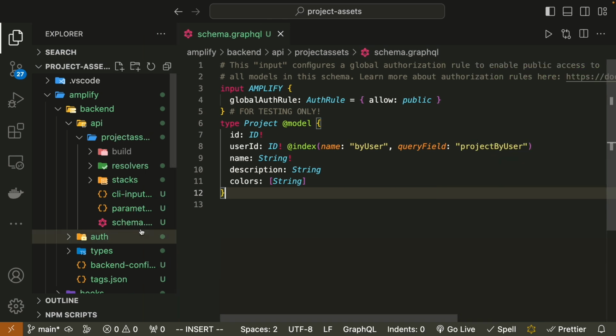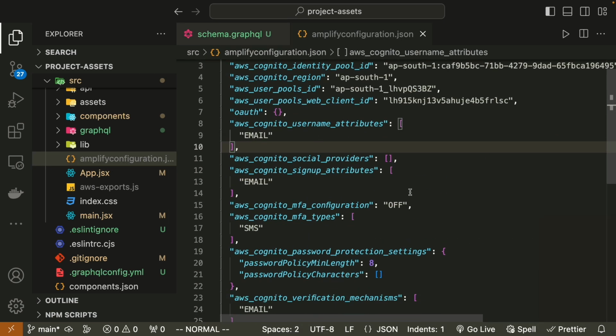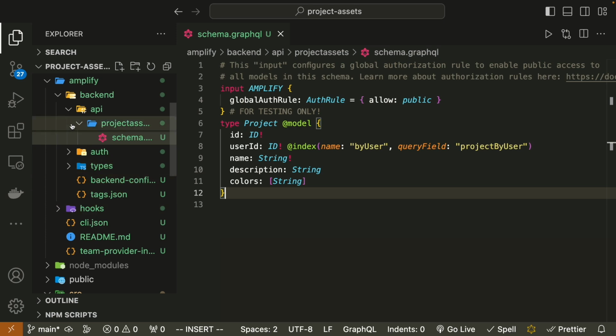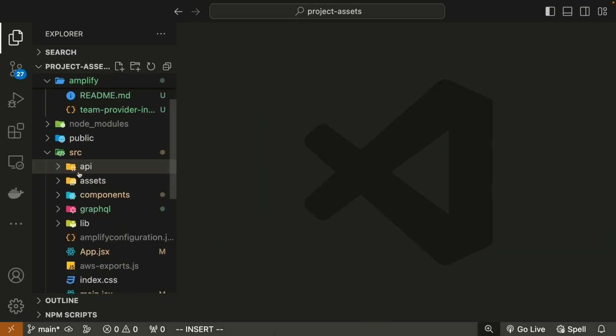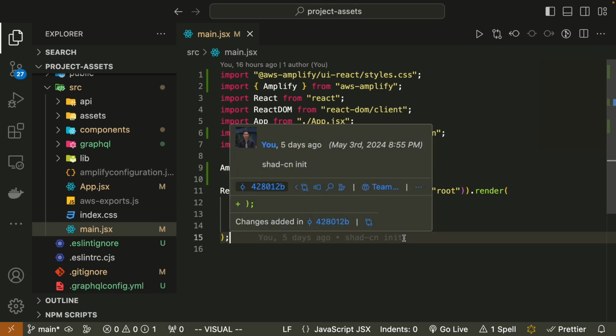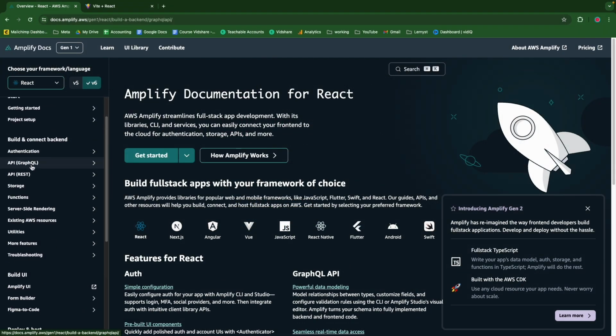So if I show you all the files now in the source directory inside this Amplify configuration, we have all those endpoints and the API key, and we have configured our Amplify. Let me close the schema quickly. We have configured our Amplify library with all those configurations, so we can now just generate a client and call that GraphQL endpoint. Okay, so to do that, let me go back to the documentation,